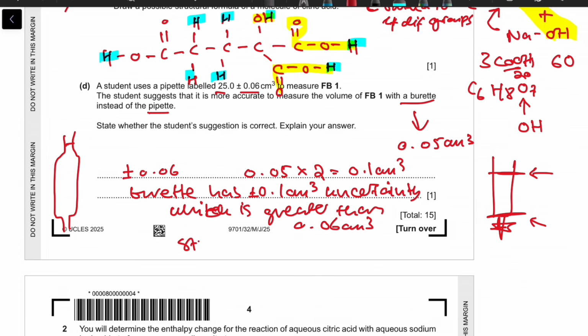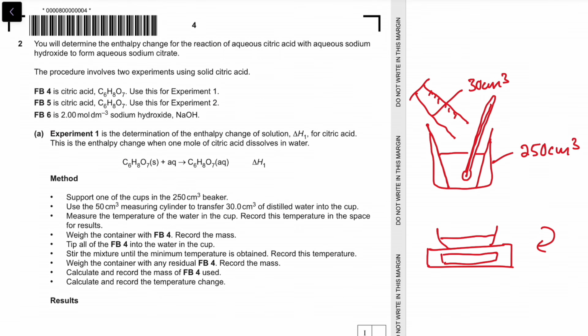This must mean that the student is not correct, because if our uncertainty of our burette is greater, then it is less accurate. Okay, so now we're going to determine the enthalpy change for a reaction involving aqueous citric acid